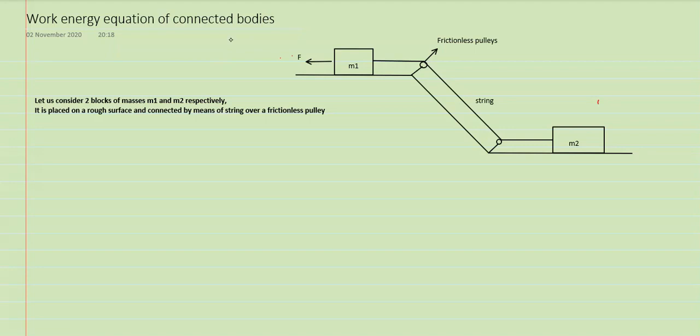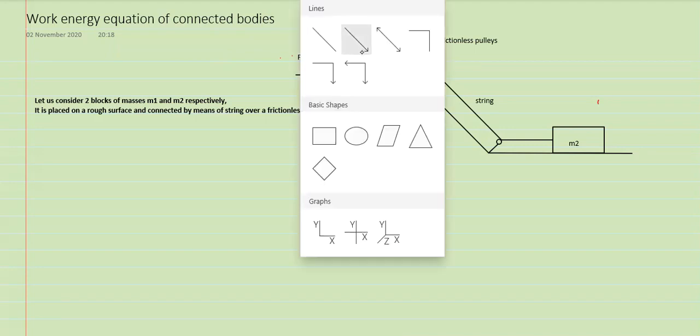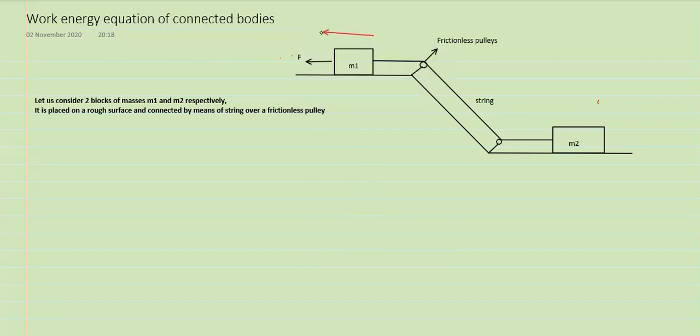So let us consider one thing. Assume the motion is in this direction. Automatically friction will develop in the opposite direction, that is F1, and assume that the velocity of block 1 is V, initial velocity is U, and final velocity will be